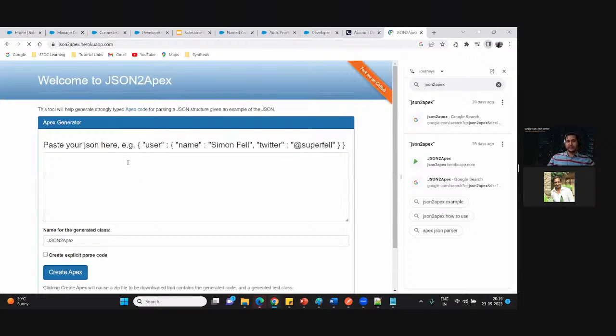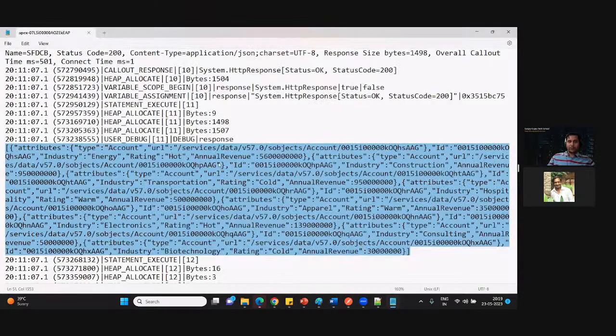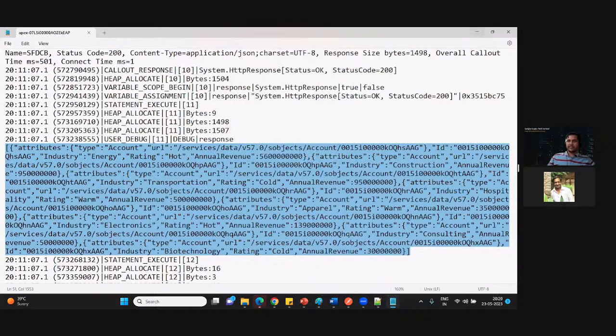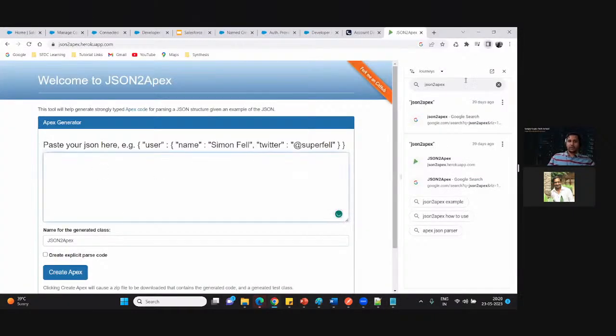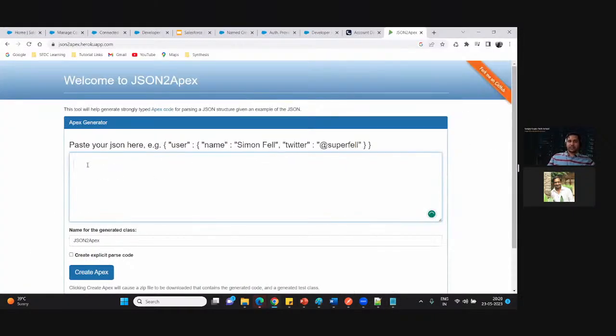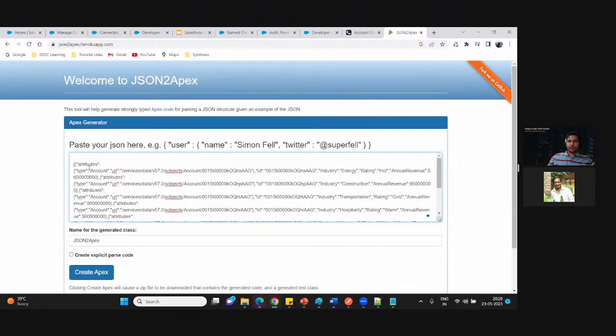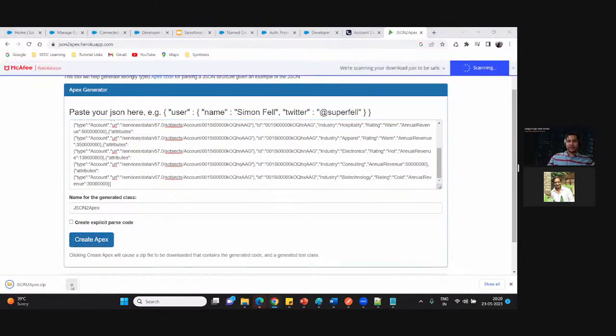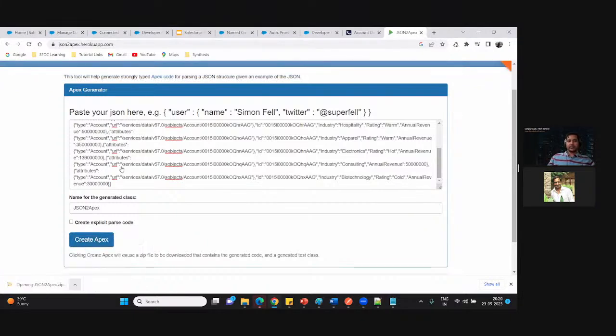What you have to do here in this utility, you just have to go and paste your output. So this is the output that I have received from the third party system. So this is the another way of passing. According to the complexity of the JSON that you are getting, you can choose one of the approach. So I'm just pasting the complete JSON and clicking on the create Apex. What this utility is doing, it will create the two class. One is the Apex class and another one is the Apex test class. So let me go and open this one.